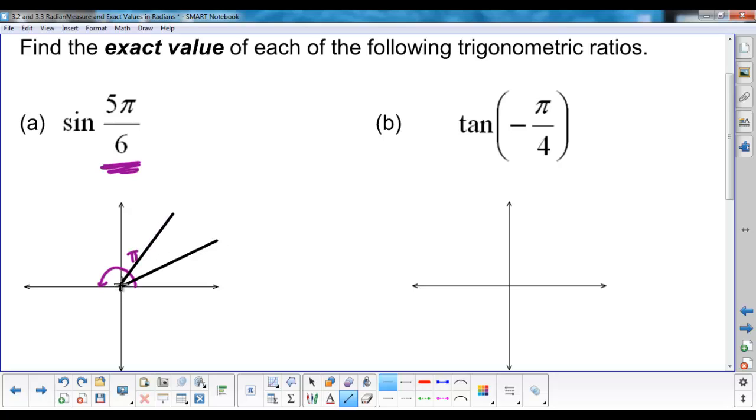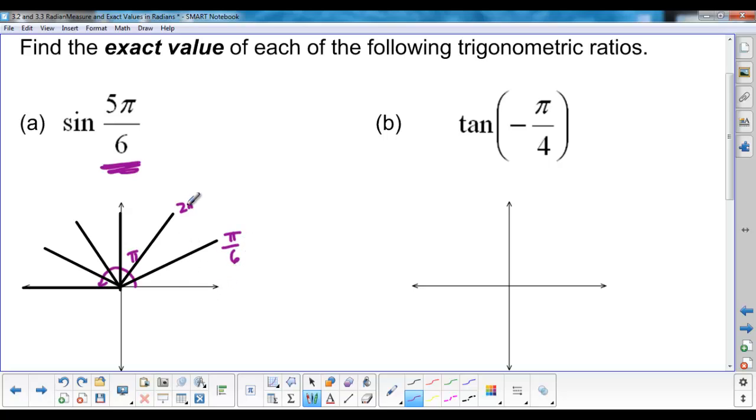So 1, 2, 3, 4, 5, and then finally 6. Okay, so to count by pi's, all you're going to do is say, well, this first line here is 1 pi by 6. This part here would be 2 pi by 6, 3 pi by 6, and you keep going, 4 pi by 6, and this would be 5 pi by 6. If you went all the way around, 6 pi by 6, which makes sense because if you reduce 6 pi by 6, we would get pi. Okay, so keeping that in mind,